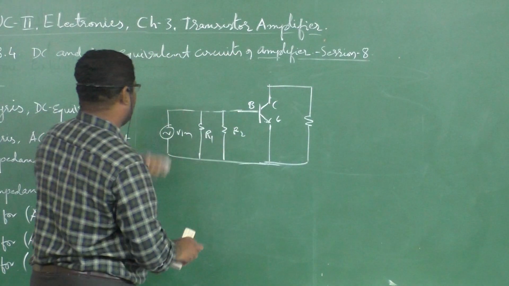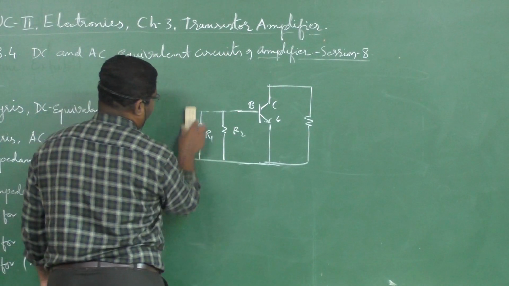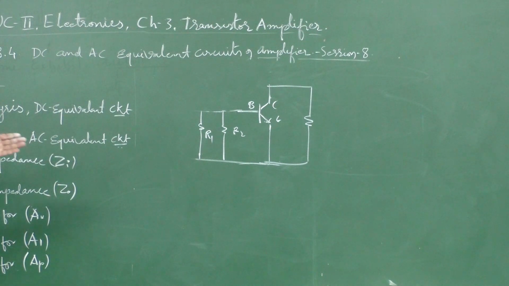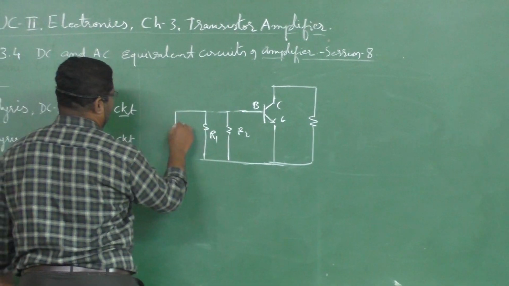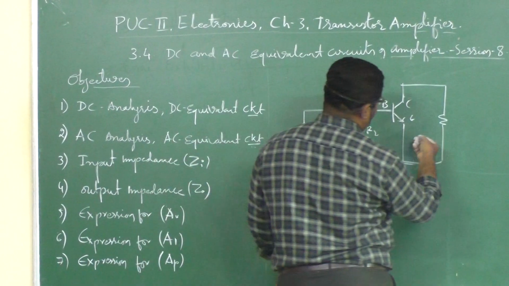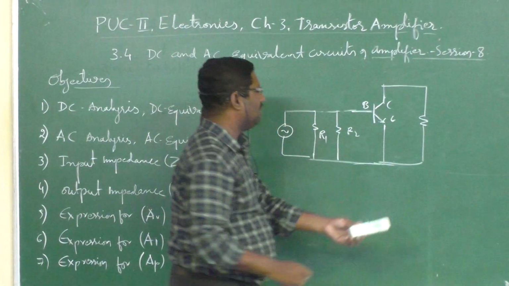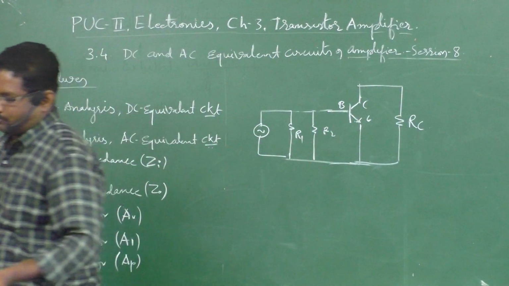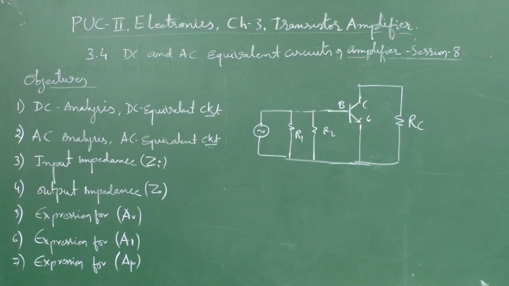And if you remove the AC input source and output source, it will be like this, and we can introduce the source here, input source and output voltage. This is RC. So this is how the transformation happens, the circuit has changed. The AC equivalent circuit for the CE amplifier is shown, and this is also called the RE model.